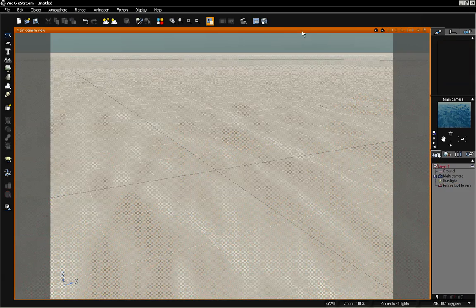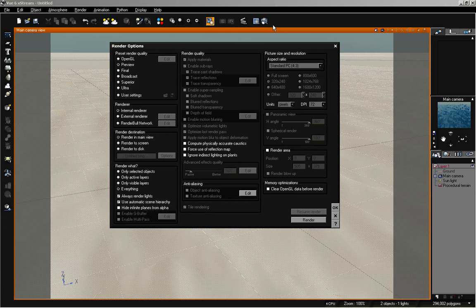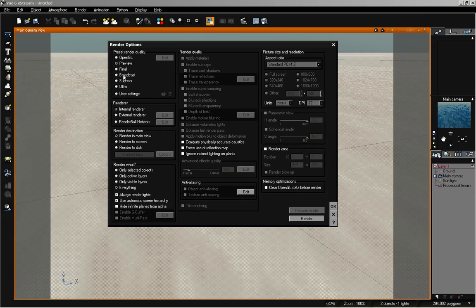So let's do a quick render. I'm just going to right mouse click on our camera to bring up our render options. I'm going to render this at broadcast, render to screen to make sure that we're opening a new window and not rendering it directly in the view, and that way we can choose our resolution as well. And I'm just going to select 640 by 480, which will give us a really good idea of what it is we're looking at. And all the rest of the settings we can basically leave at the default,